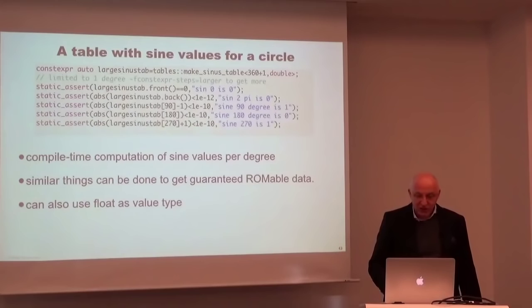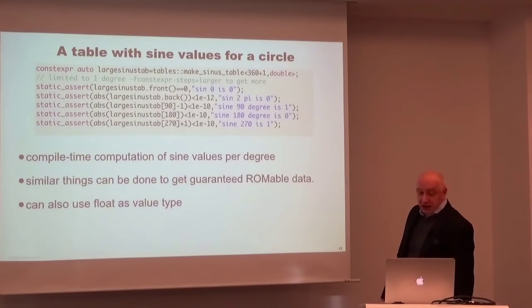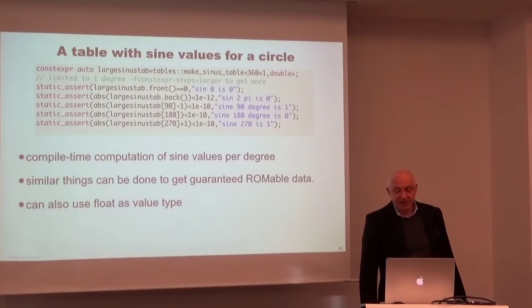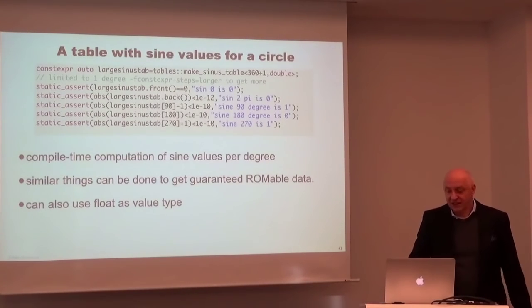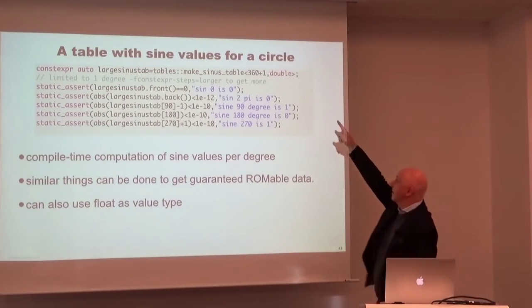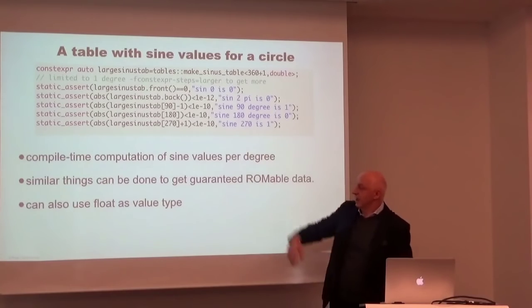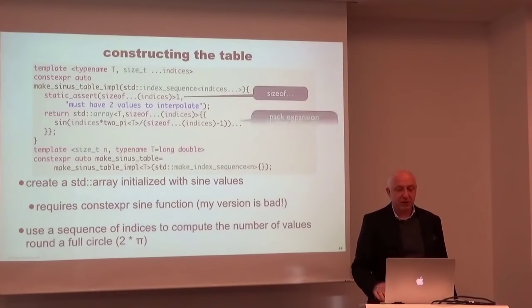So what I want to show you is actually a variable template make sinus table, where you pass in the number of steps you want to take around the circle and a double value, and these are the test cases for that. How is that done? You construct the table with the